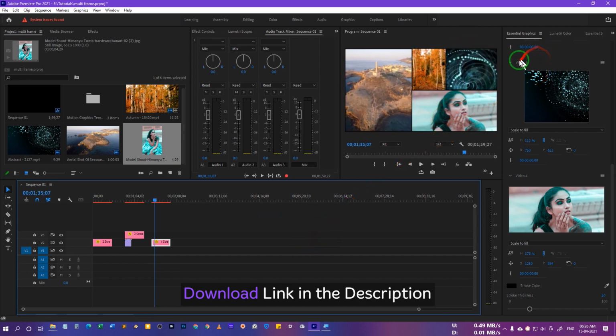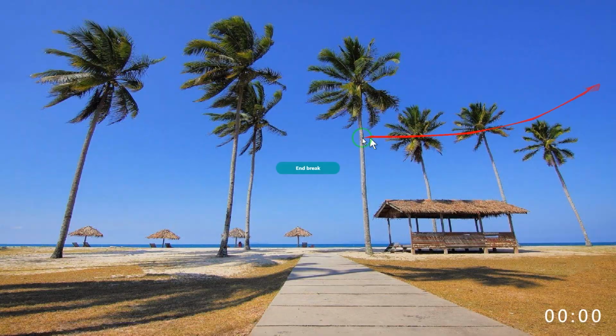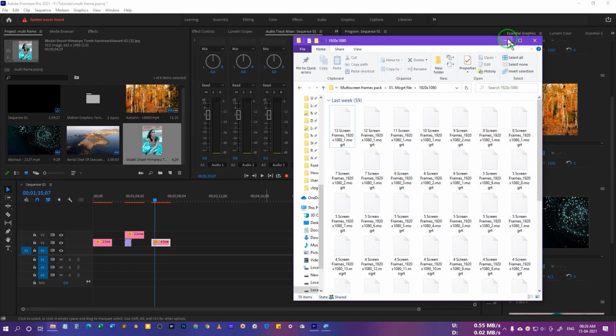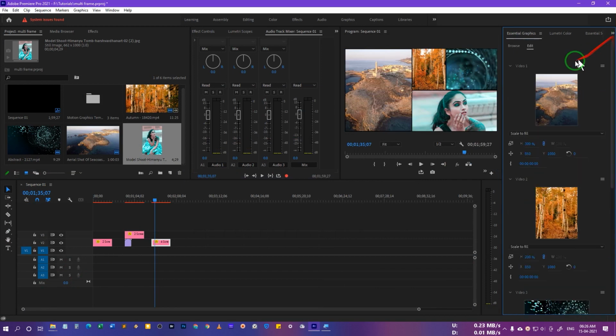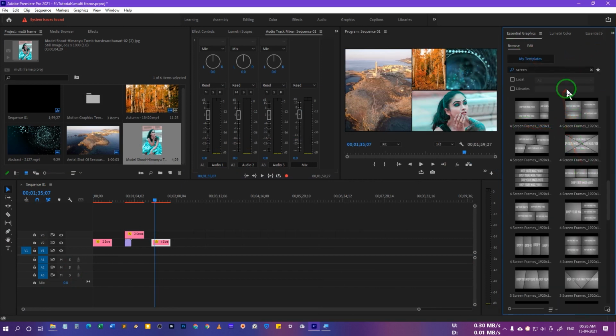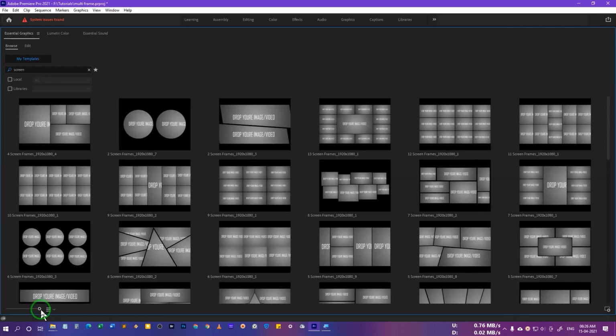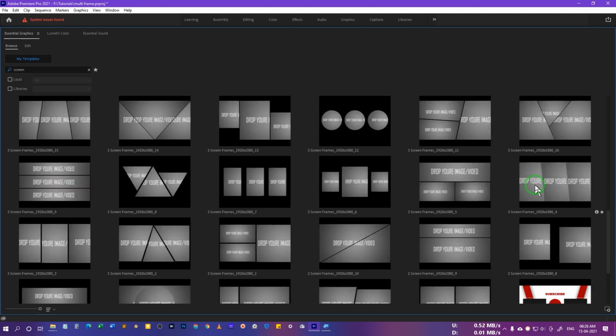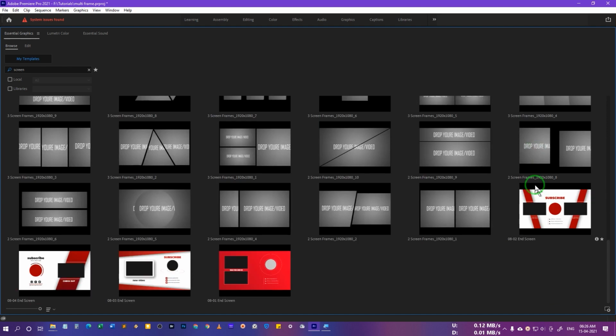Alright, so this pack is really amazing because it has around 59 items. So you have 59 different options of multi-frame right over here. You can see, let me just scale it up to show you. So 1, 2, 3, you can see. So you can see that we have many options right over here. So this is very amazing. And alright, these are not included with this one. This is from some other pack, from YouTube pack.